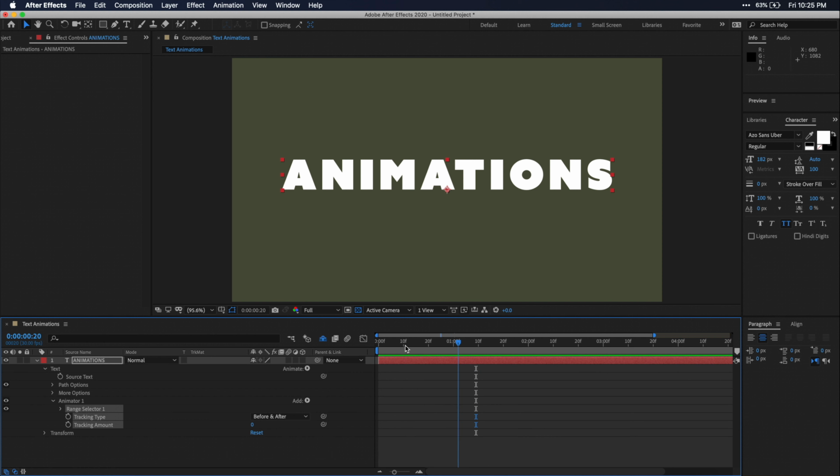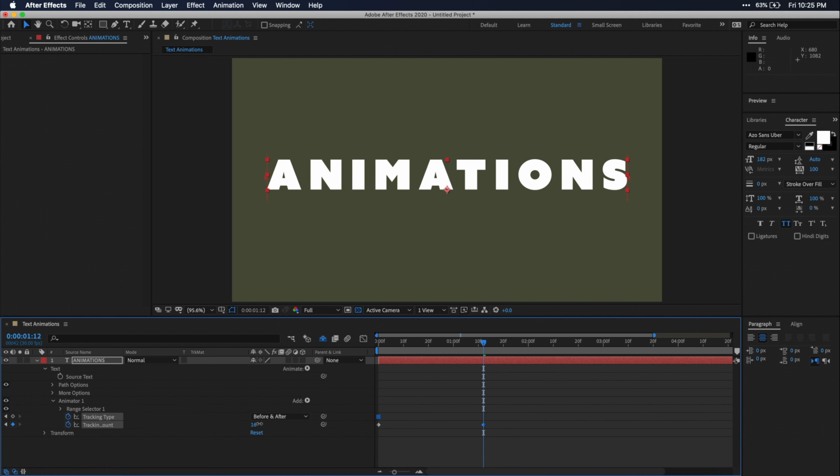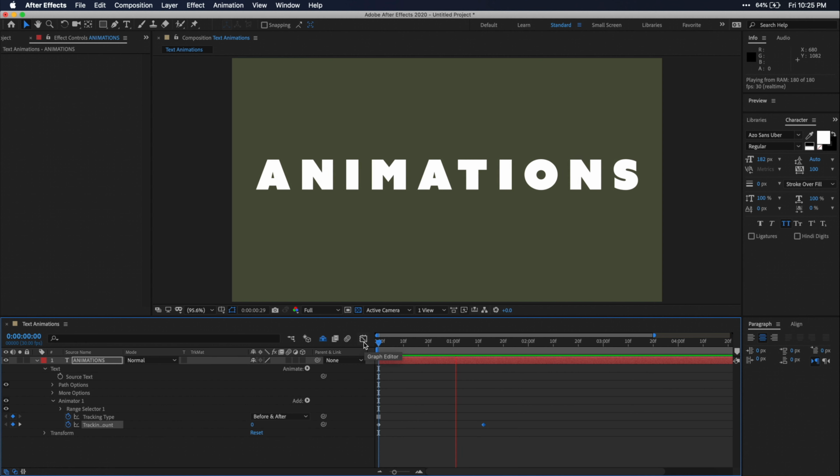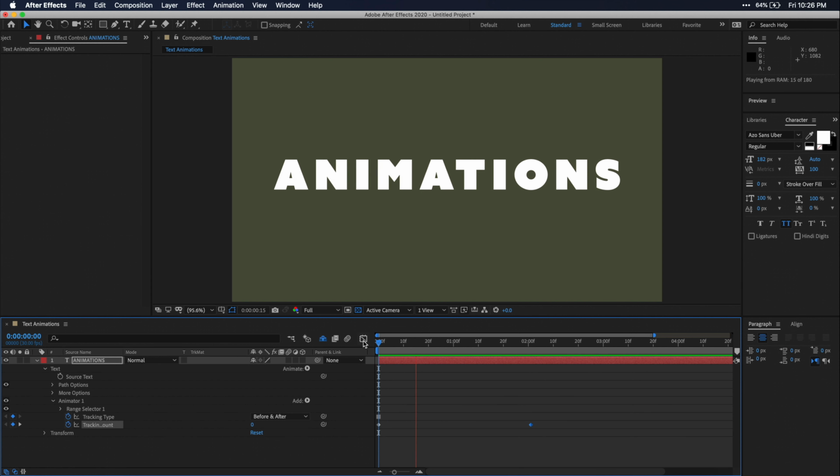So I'll just rewind my playhead back to the beginning of my timeline, click on this stopwatch next to tracking amount, and then just go forward where I want the animation to end and just raise that number until I like how it looks. Now when I play it back, you'll see that each individual character kind of just separates away from each other. It's a super simple and subtle effect, but it just really adds value to your video